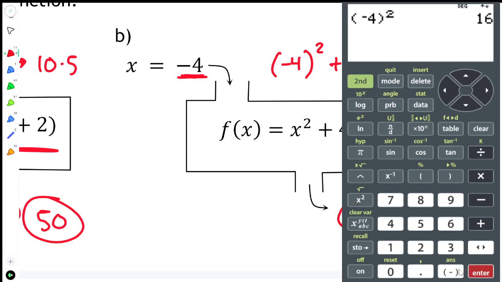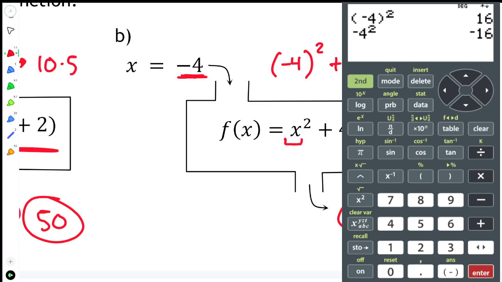Now, if I was to type the opposite of 4 squared, this is going to square only the 4, right? It's just going to be the 4 that gets squared, and then it's going to take the opposite of it, which would give me -16. But that's not what we have in this problem, right? This says we are to square x. When I look at this, it says you must square x. X is -4. It's the negative and the 4 together,